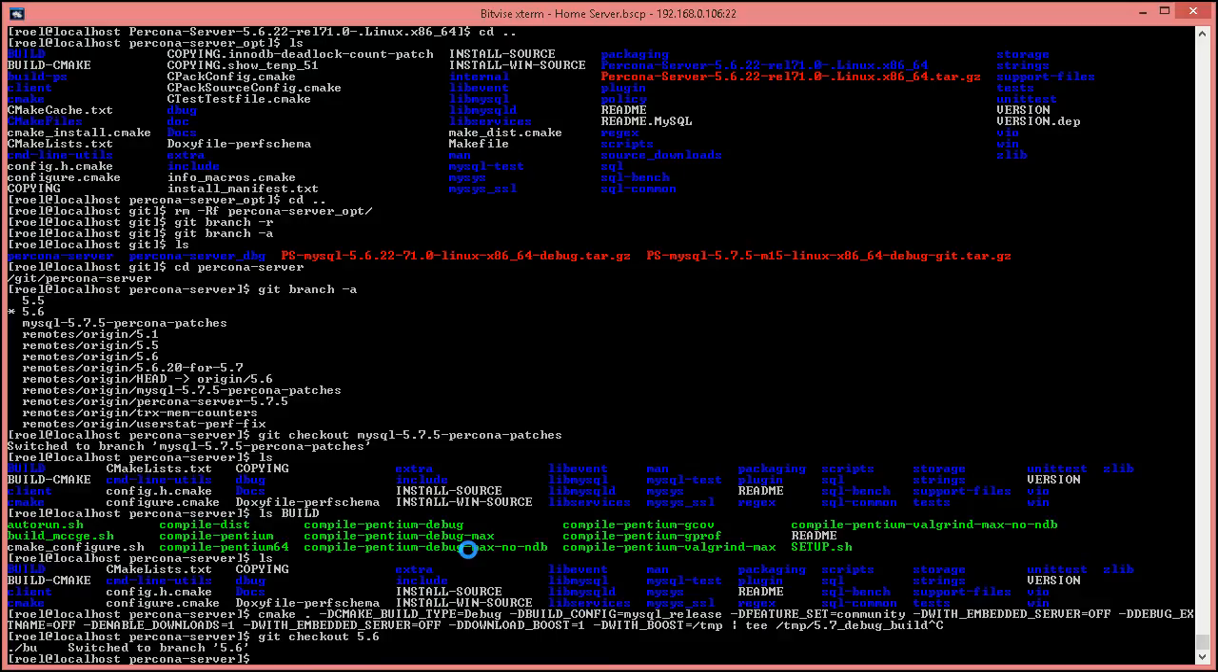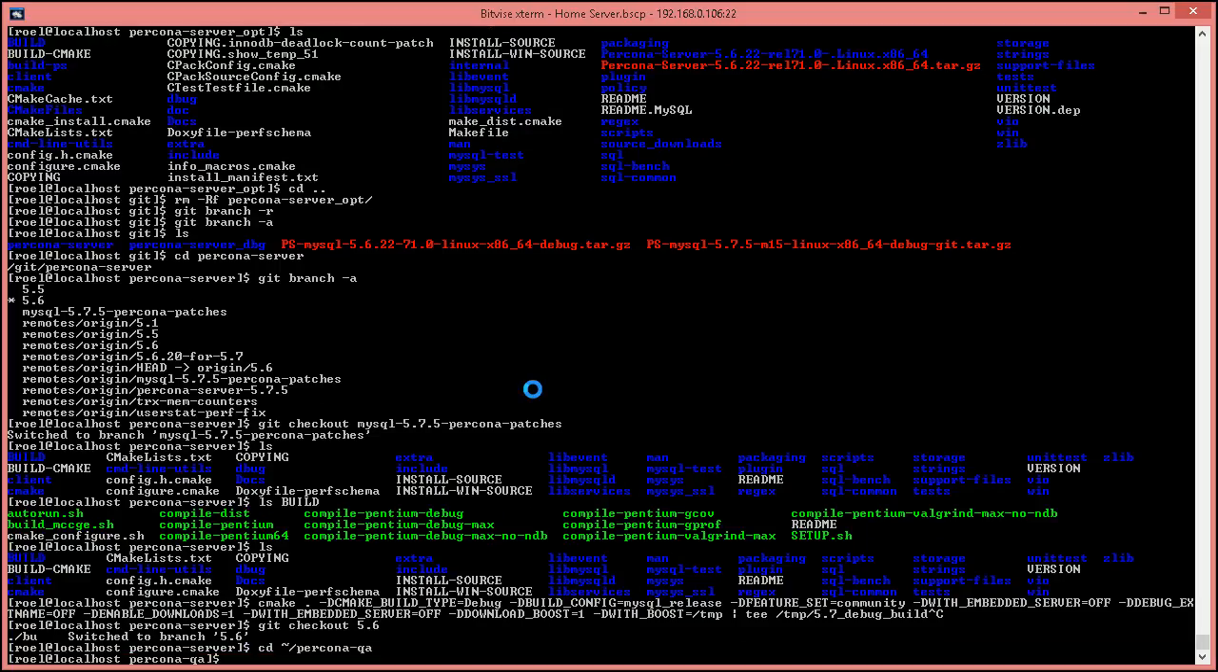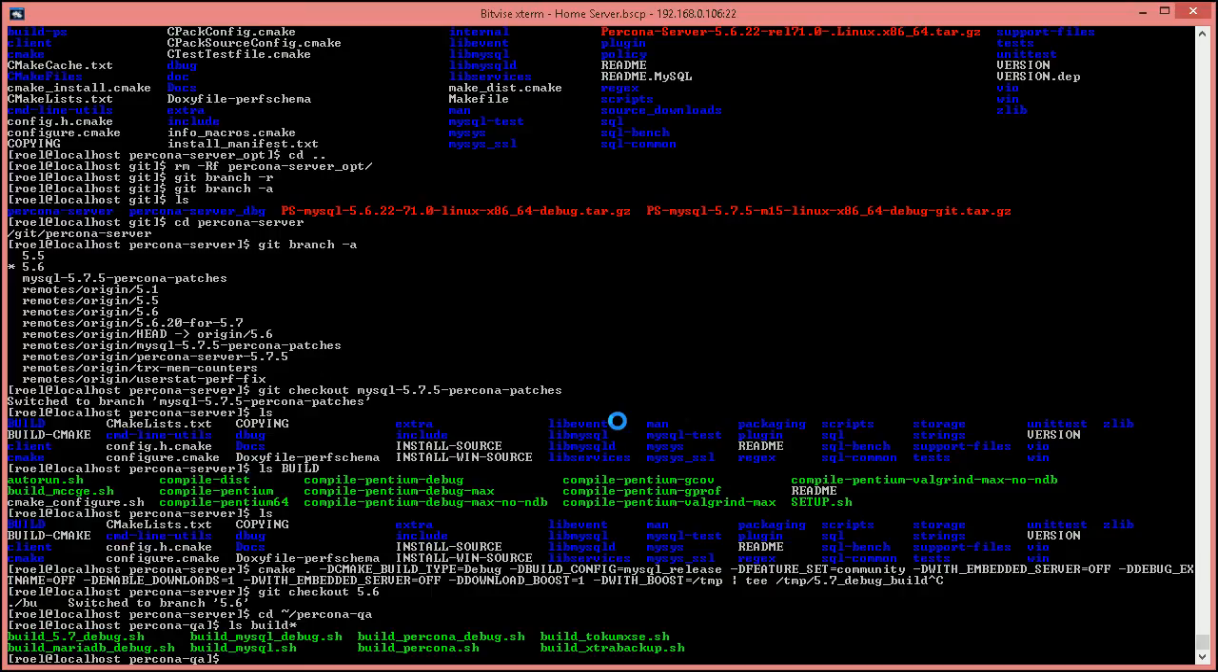Okay, so all this is pretty straightforward. Still, you know, it involves a little bit of work getting used to. So you can use the build binary script, or you can do it more manually. But there have been a few tools developed already. So you can have a look at the build scripts in Percona QA. The one that I would recommend checking out is build Percona sh, and maybe build Percona debug and build